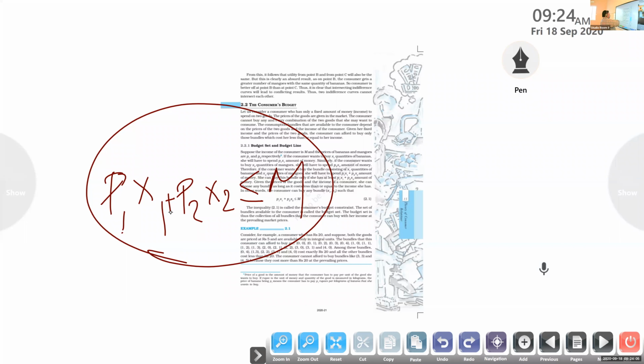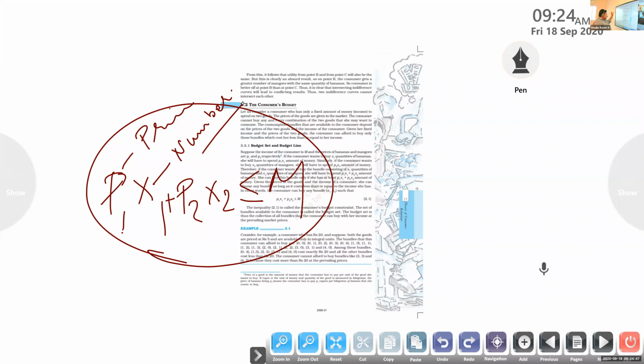Here, listen carefully. You want to understand this carefully. Here P means price. Can you see the board? P means price. Next one, X1 means number of the product. So first commodity or second commodity, whatever it is, here for the first commodity it is X1, and for the second commodity it is X2. Here P1 is equal to the price of the first commodity, and P2 is the price of the second commodity. Just keep that in your mind.